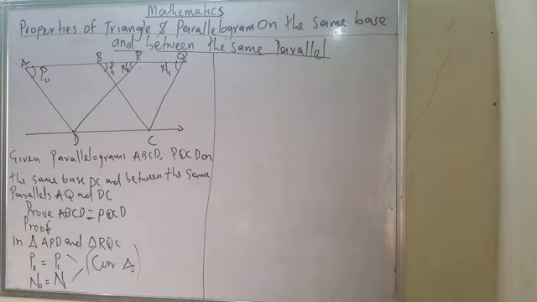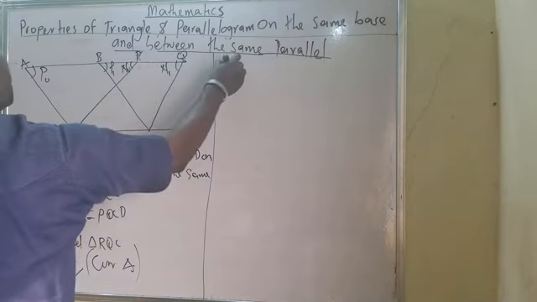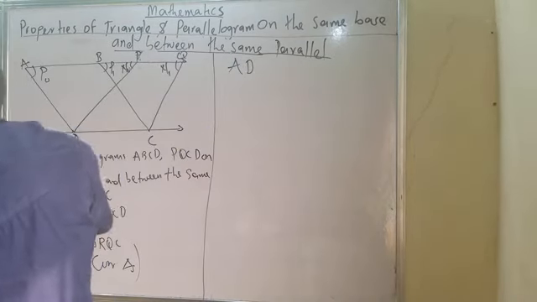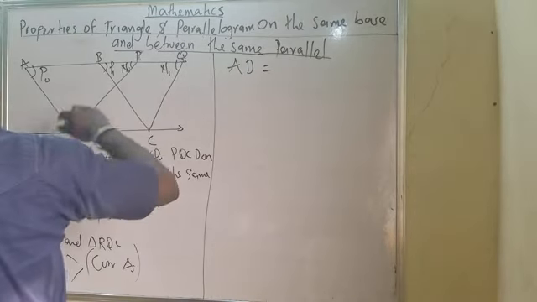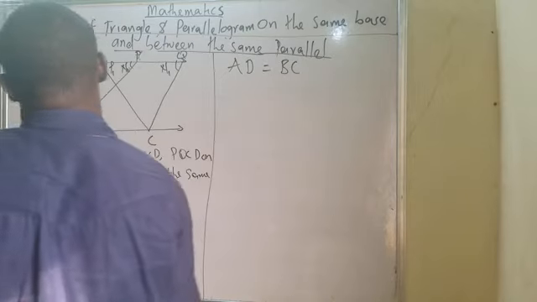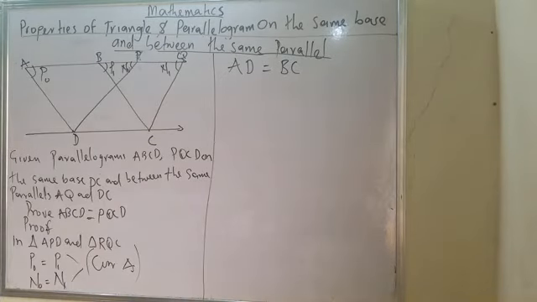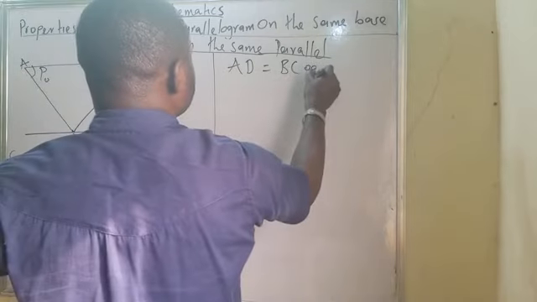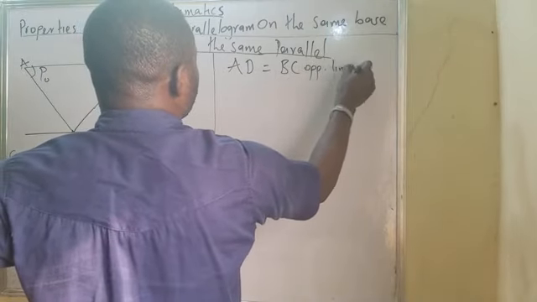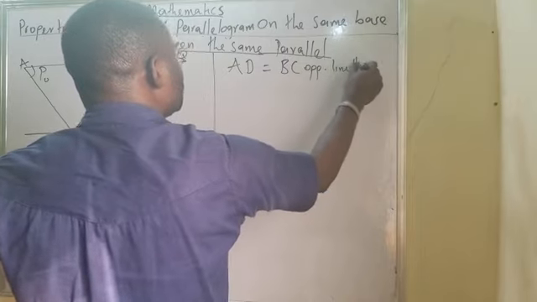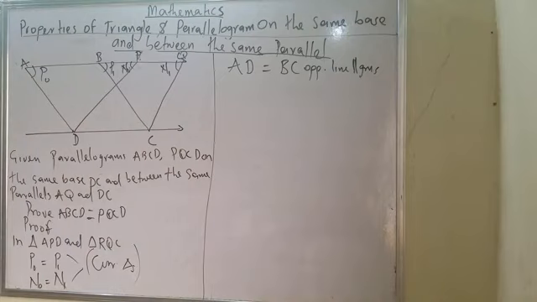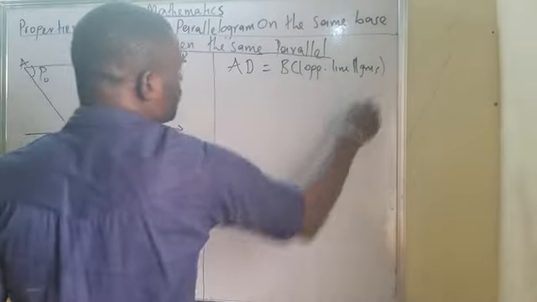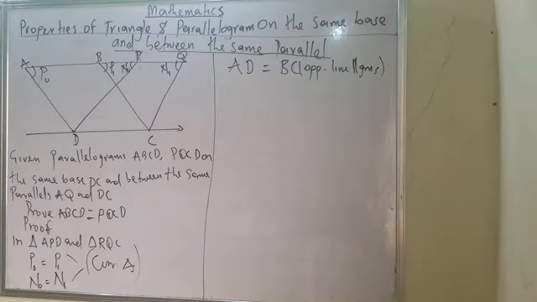Now, since I know that, it means my AD is also equal to my BC, which are opposite lines of the parallelogram. I can decide to write my parallelogram in this way. That's how to write it anyway. Okay, now once I have it this way, opposite sides of the parallelogram are equal. Now, since I have it, therefore,